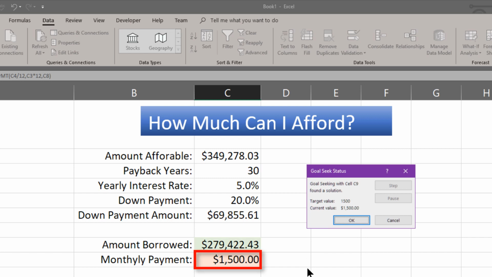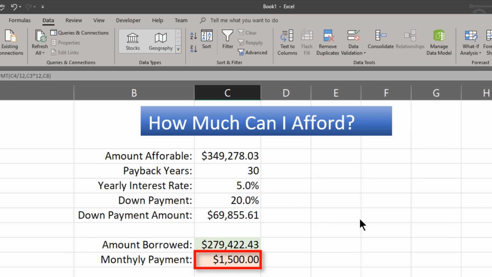It does the rapid calculation and tells me that at $1,500 I can look around at houses that cost almost $350,000. I would have a down payment of almost $70,000. And so my loan amount would be $279,000. Now if I wanted to change anything here, I could say, well, what about a 15-year loan? So I'll put in a 15-year loan,